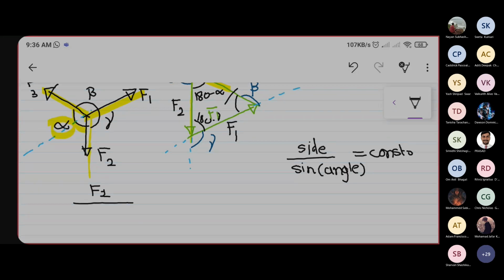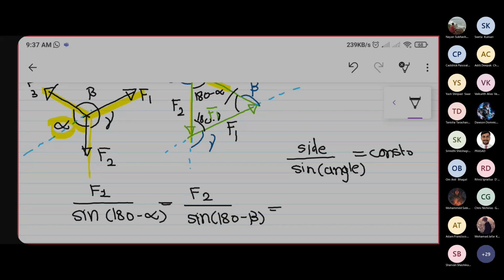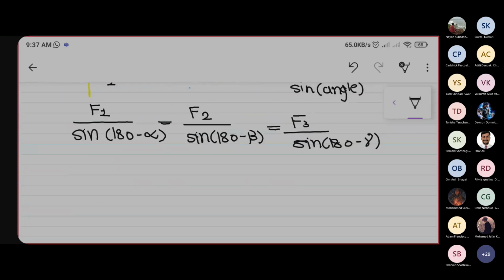So F1 divided by sine of 180 minus alpha is equal to F2 divided by sine of 180 minus beta, or we can write F3 divided by sine of 180 minus gamma. Okay. So from here what we can do, we know that sine of A minus B